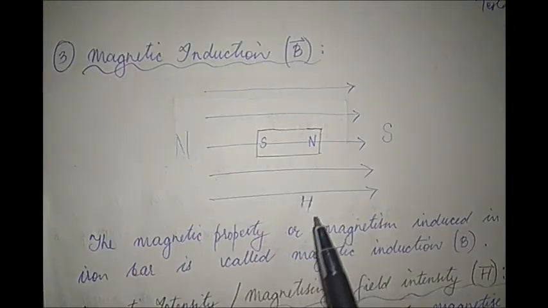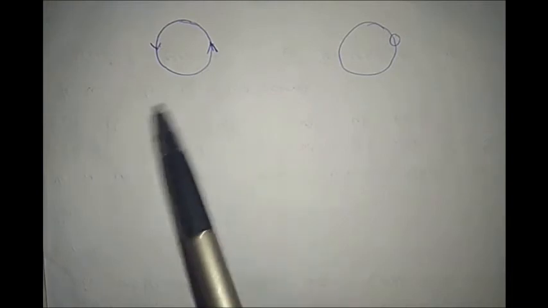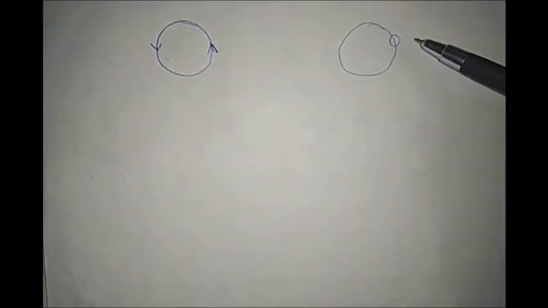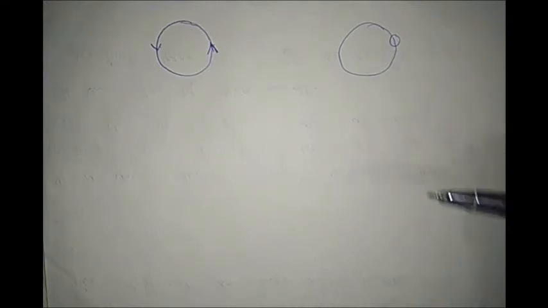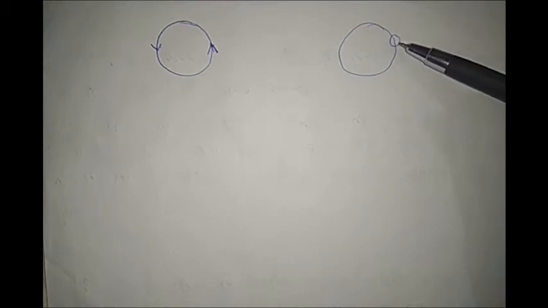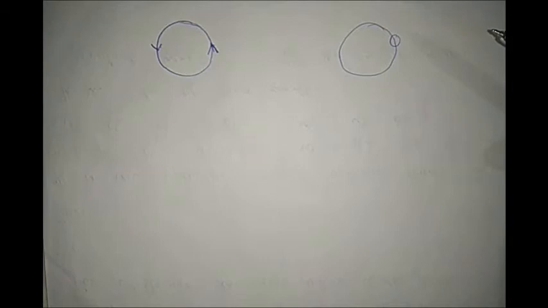So capital H here is the external magnetizing field, remember. Now we already know that a current carrying loop acts like a magnetic dipole. So to say, an electron going round about the nucleus in a certain orbit also acts like a magnetic dipole, because an electron is a charge, and when it is moving, this charge gives rise to flow of current. Therefore, an electron going round about the nucleus also acts like a magnetic dipole, and it also has its definite magnetic dipole moment, remember.